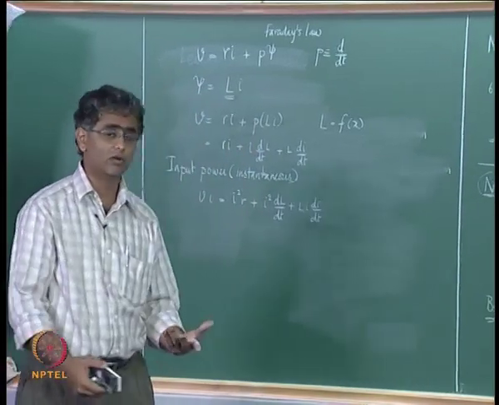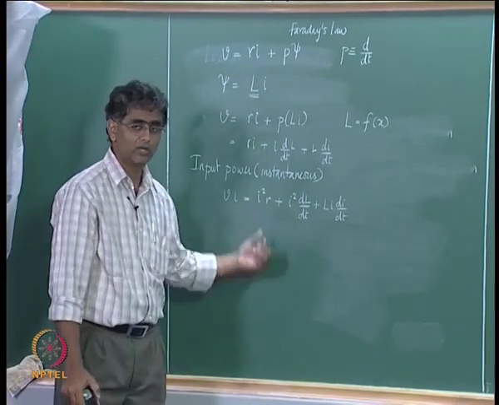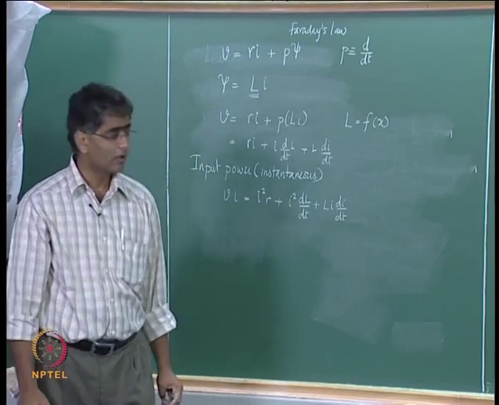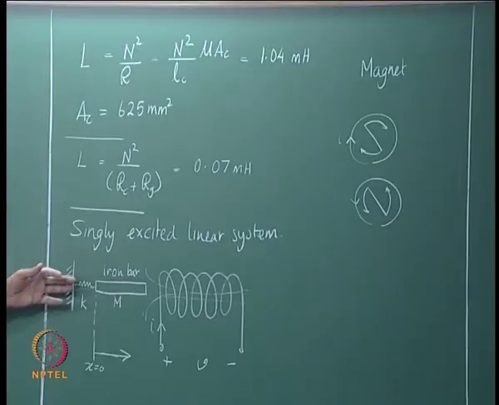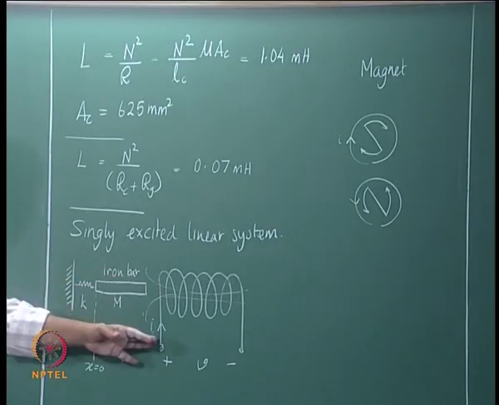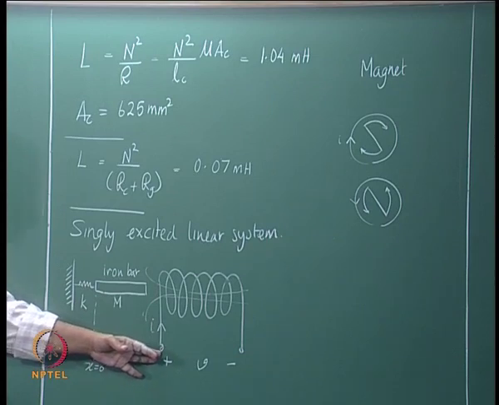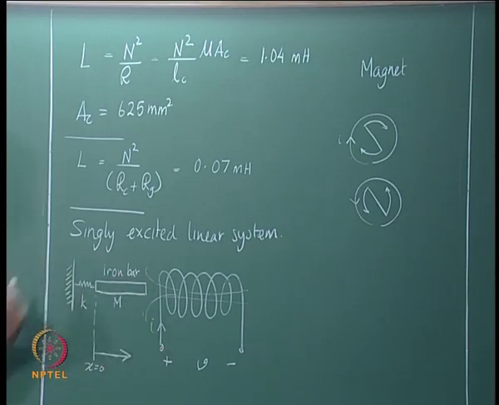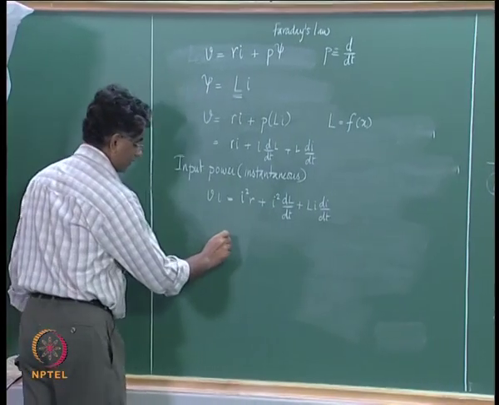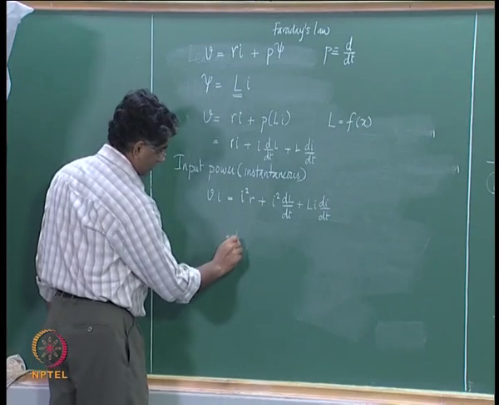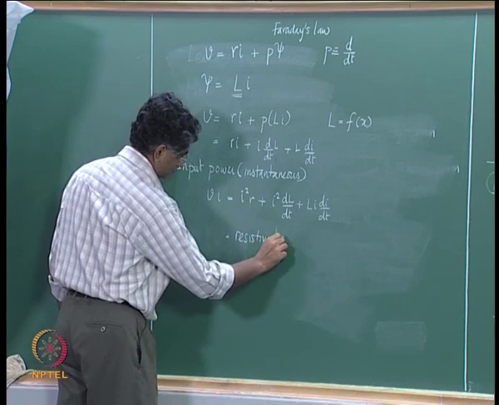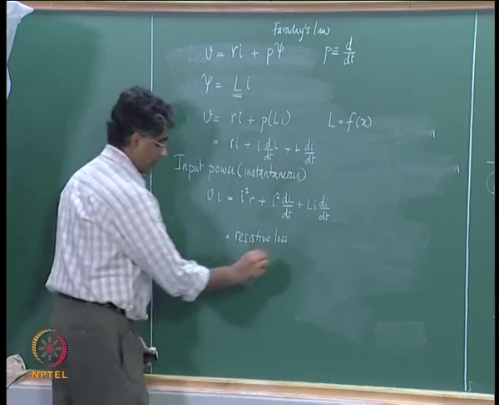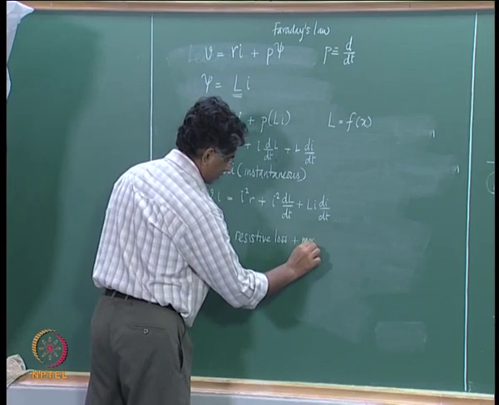That loss, as you all know, would be given by I squared into R. Apart from that, there is going to be mechanical output. This bar is going to move as soon as you apply this V, and there is therefore a mechanical output. So this input that is given, V into I, has to be consumed as resistive loss plus mechanical power